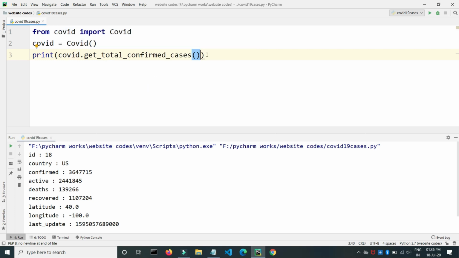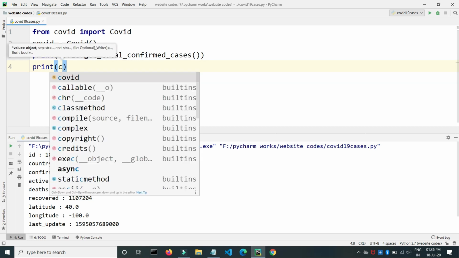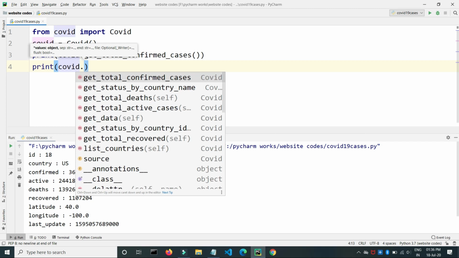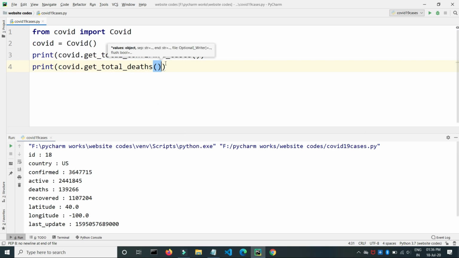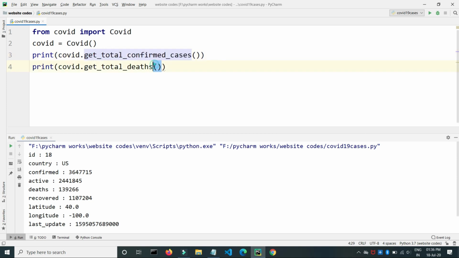Okay, so now let's again type print covid and let's type total deaths. Okay, so this will print the total confirmed cases of the whole world and this will print the total deaths of the whole world due to COVID.